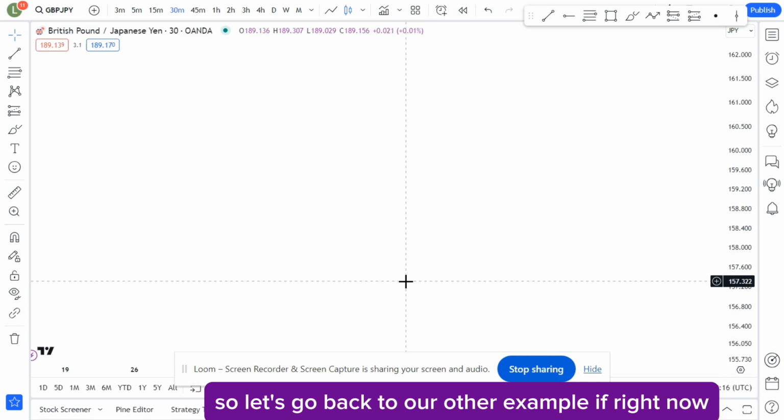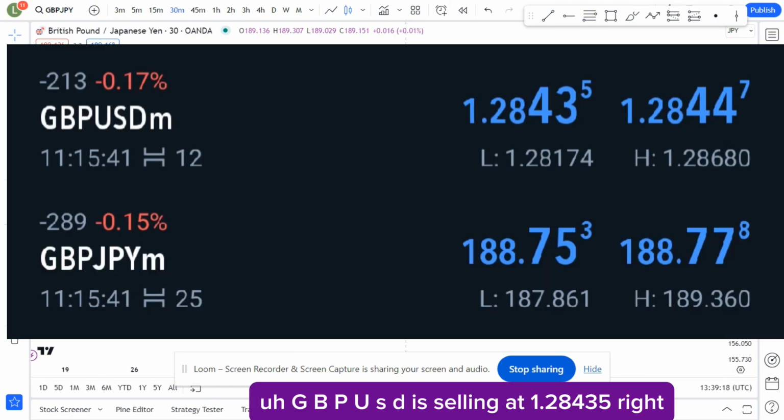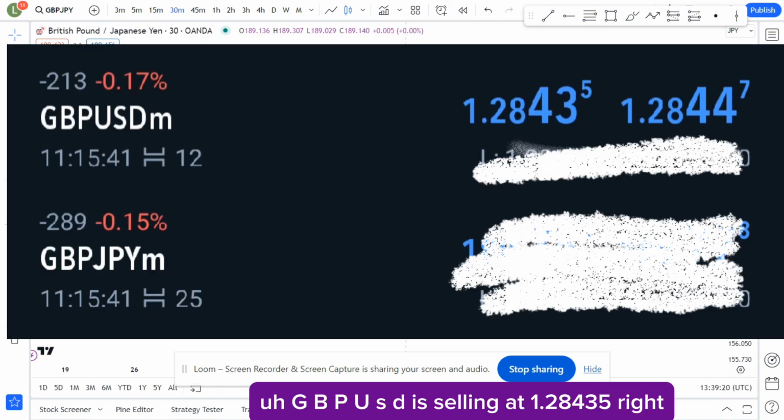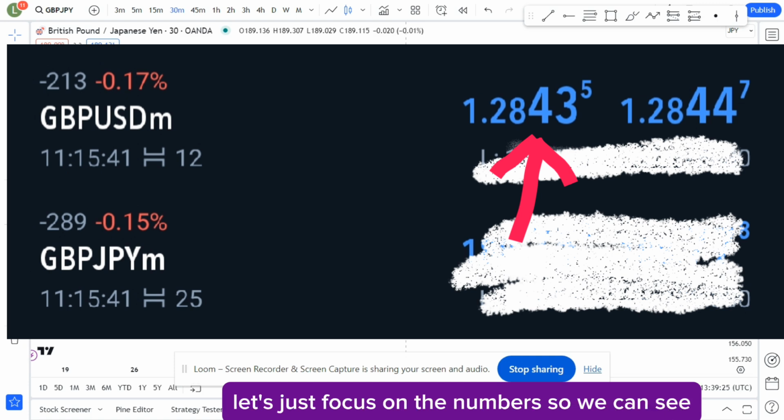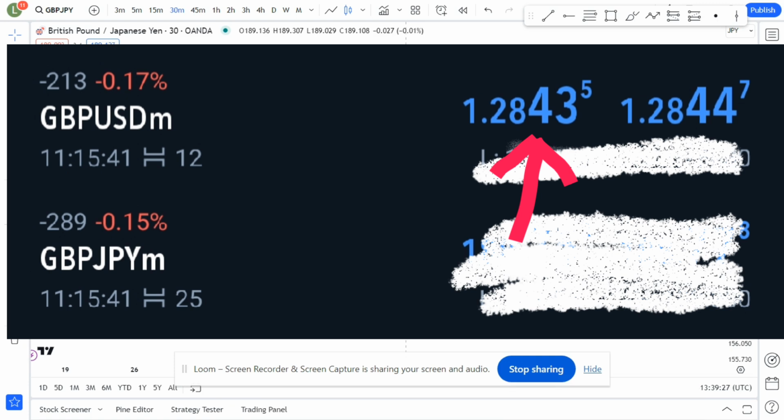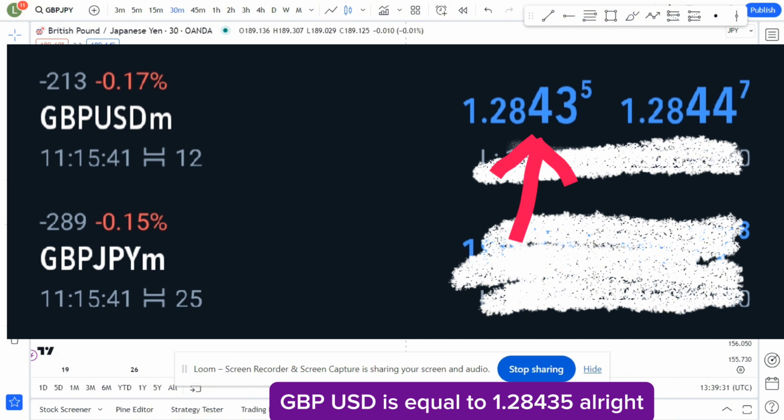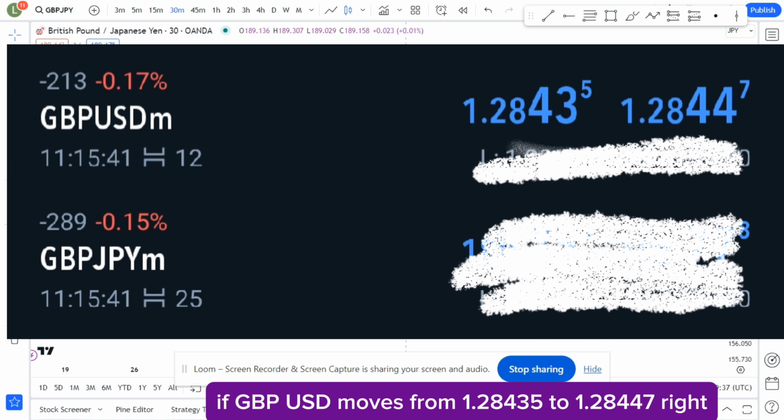If right now GBP USD is selling at 1.28435, right? Let's just focus on the numbers we can see. If GBP USD moves from 1.28435 to